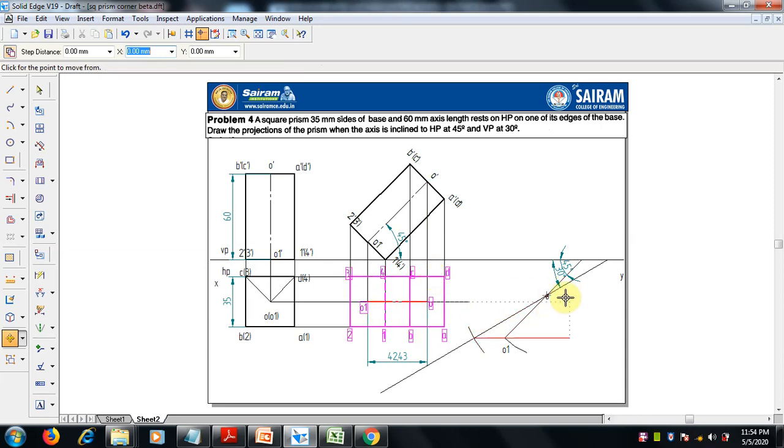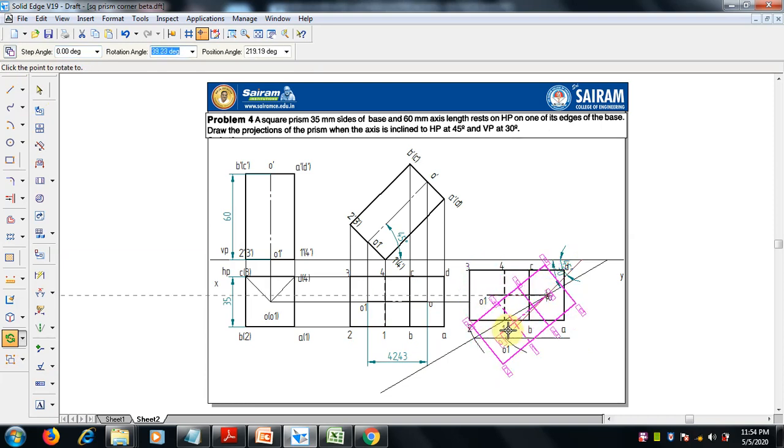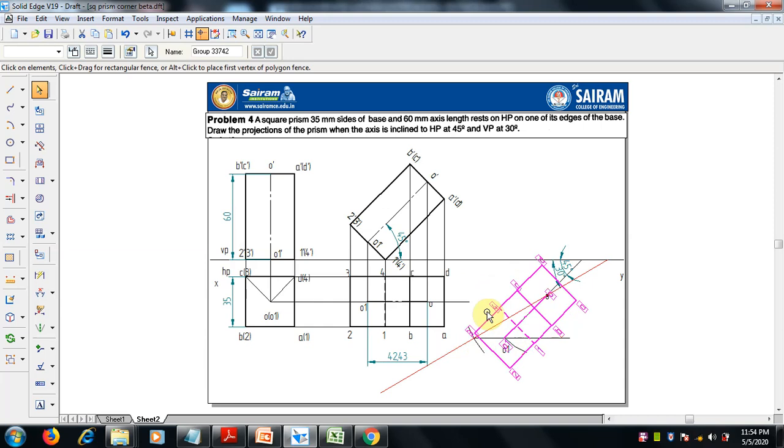Where we have to move, in this line we have to move, that is, select the O. I am going to select the O and keep it here. So the O is now shifted to the point. Now O1 should lie here. Again, select this, go for the rotate command, and now rotate copy should be off, because it should be totally rotated, O to O1, and now it is rotated.